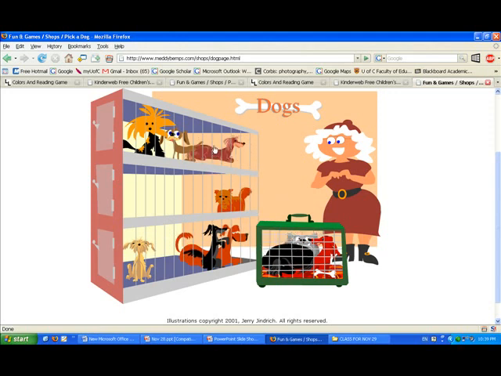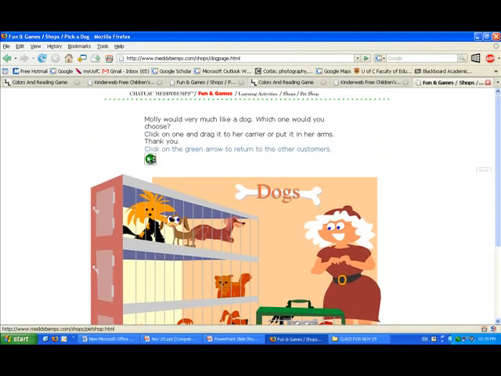Like, I want the black and the gray one, and we drag them over. So I would just ask a few pairs to come up and do this exercise until all the dogs are sold. Then we go back